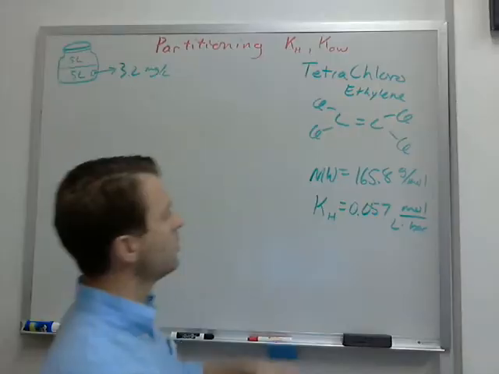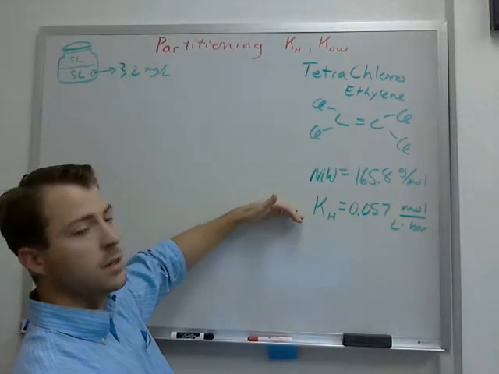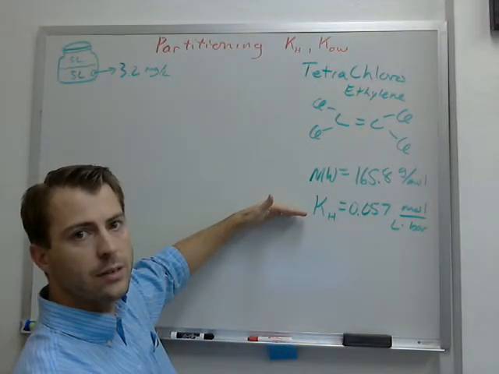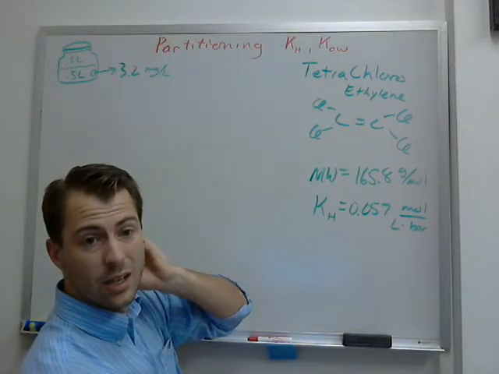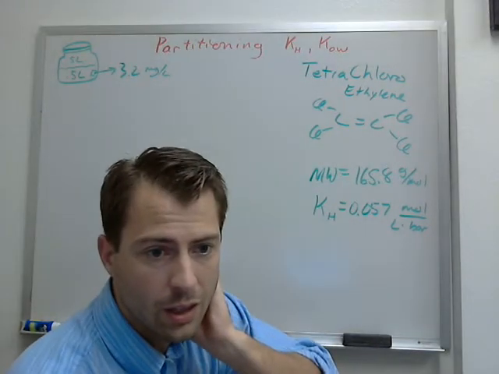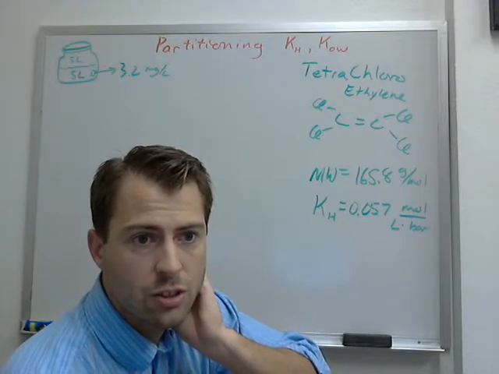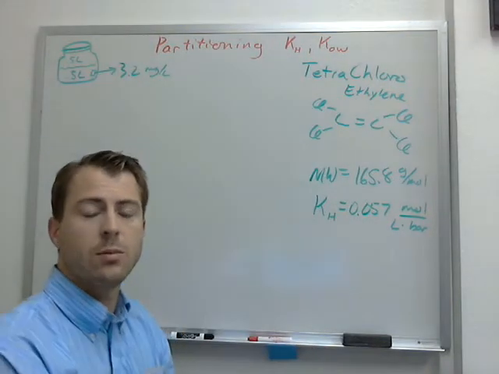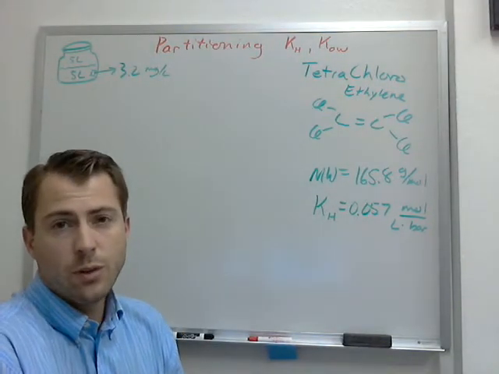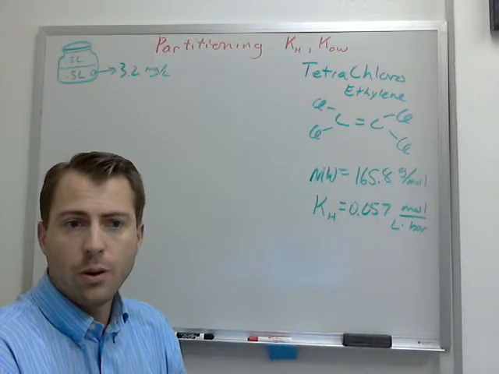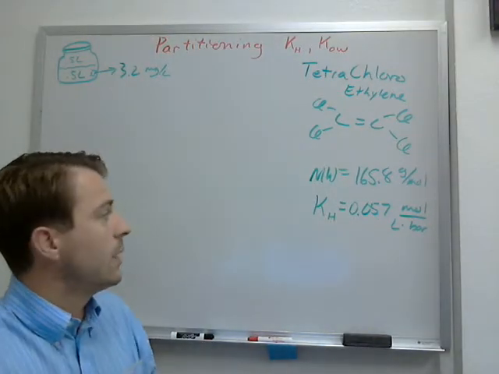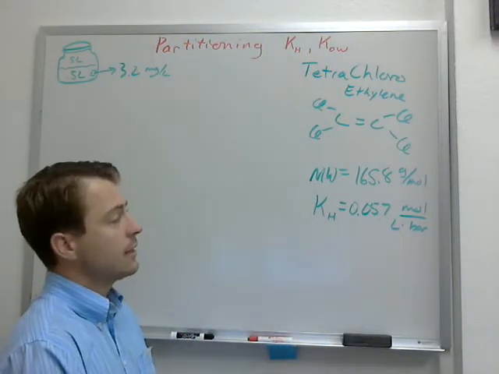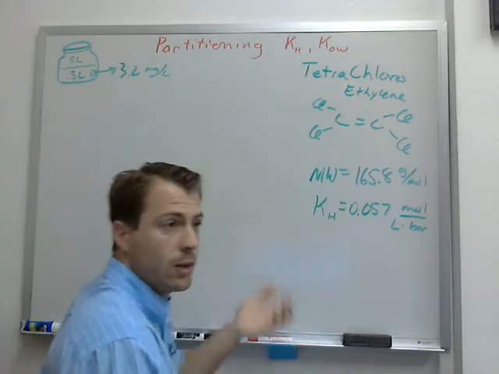So I've got a few things. I've already looked up the molecular weight, and I've already looked up the Henry's law constant. On NIST, for this one, there's probably about 25 or 30 different values that you can go with, and they're ranging a good bit, all the way from 0.03-ish to 0.018. So, you know, about threefold difference. The very first one is 0.058. There's about 3 or 4 0.057s, some 0.059. So I went with 0.057. You can go with what you'd like, but I thought that was kind of the median value, since I don't really know anything else about these